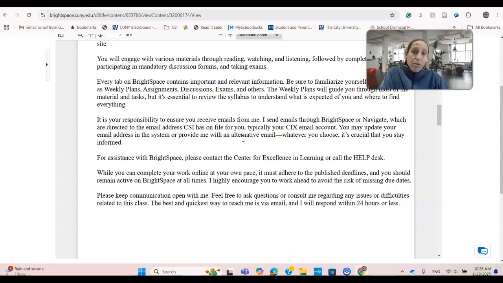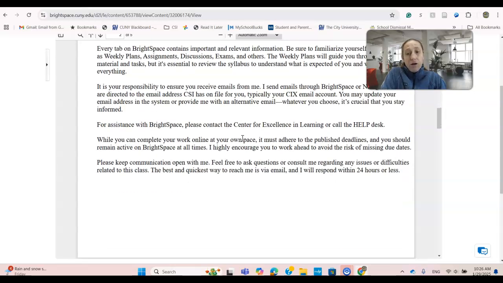If you have any problems with the system, with Brightspace, with connectivity, with any of the technological stuff, it's your responsibility to contact the help desk. Like I said, you signed up for an online asynchronous class, and so it's your responsibility to have the time and the needed technology to connect to it. You can complete work as the work opens gradually. The units open week by week, usually 2 to 3 weeks ahead. You can complete it as fast as you want, but you have to keep up with the deadlines as they are posted.